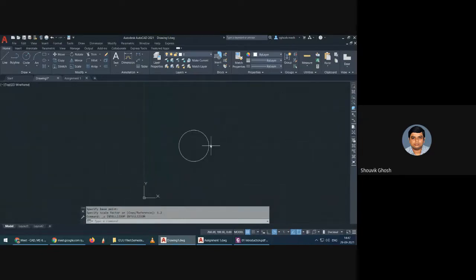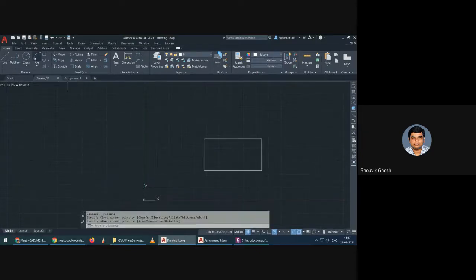Like suppose I am drawing a very random object like this.